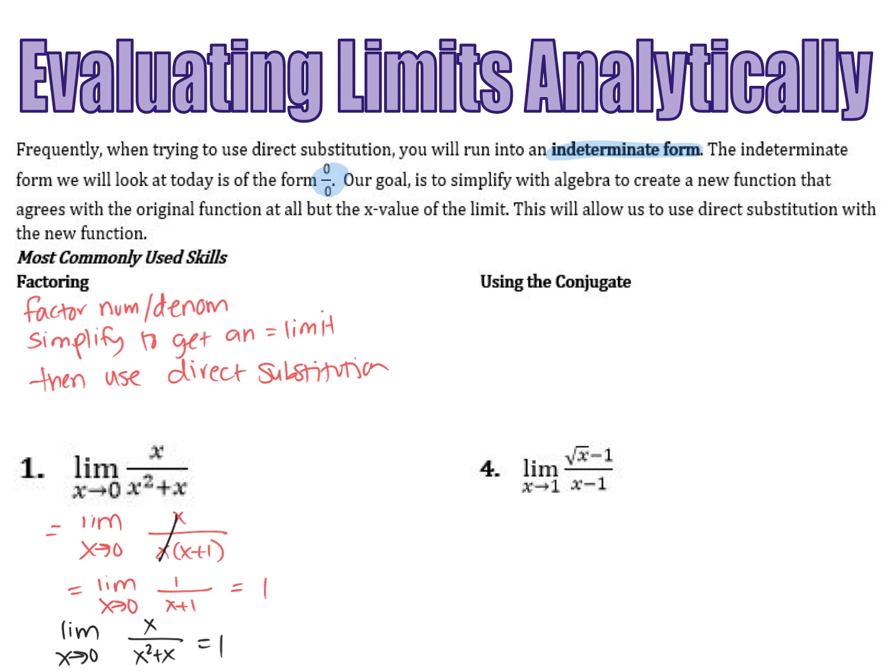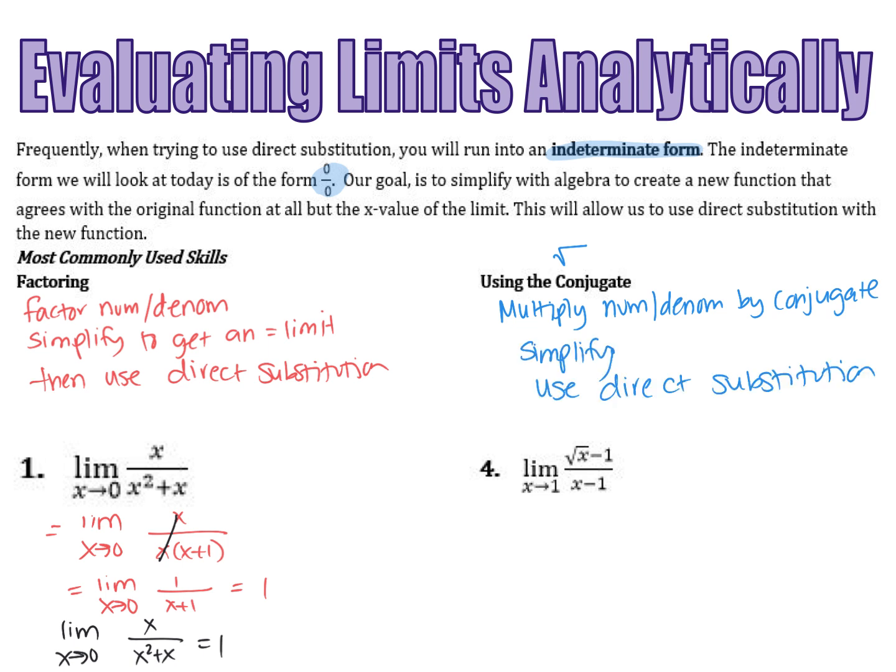The second strategy that we can use is the conjugate. And the spoiler, the thing that helps you realize you might need to use the conjugate, is when we have a square root sign. So what you can do is multiply the numerator and the denominator by the conjugate. After you do that, you're going to have a factor that divides out, so you're not actually going to distribute the conjugate to the part that's not conjugated. I'll show you what I mean there. And then you're going to be able to hopefully use direct substitution. So pause the video so you can take that down,